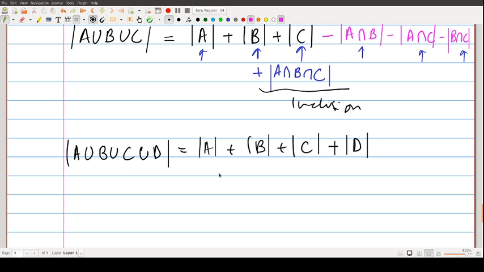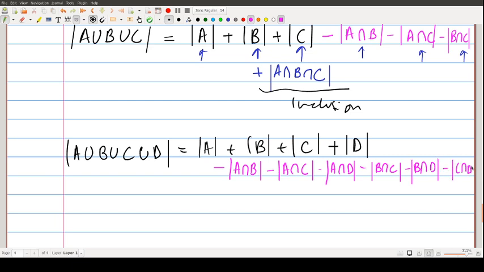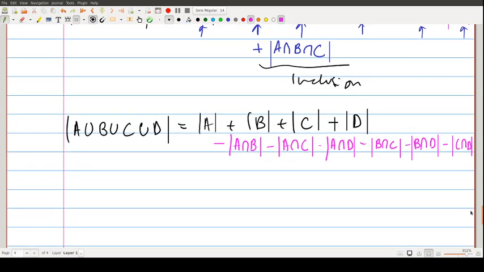So which means we will subtract A intersection B, subtract A intersection C, A intersection D, B intersection C, B intersection D, and then finally C intersection D, right? At that point we will also add, so inclusion, exclusion, and then again an inclusion,